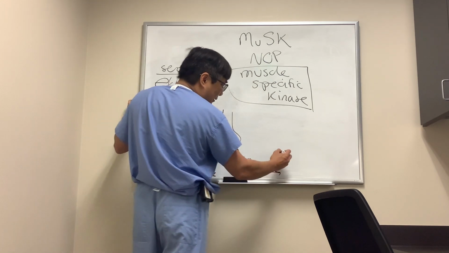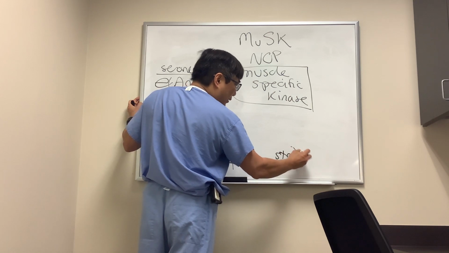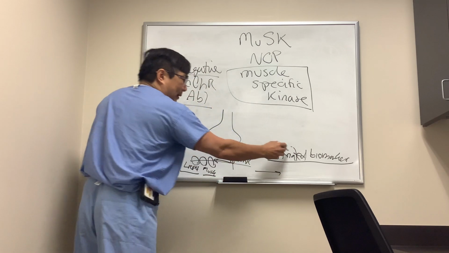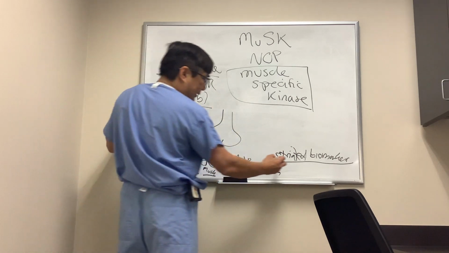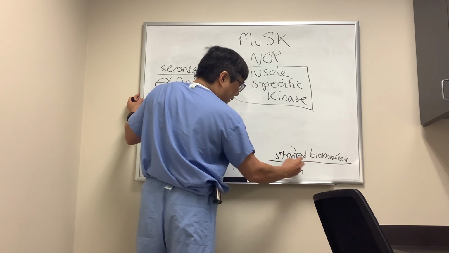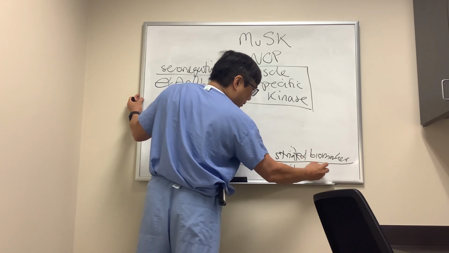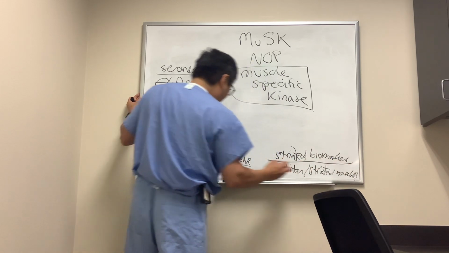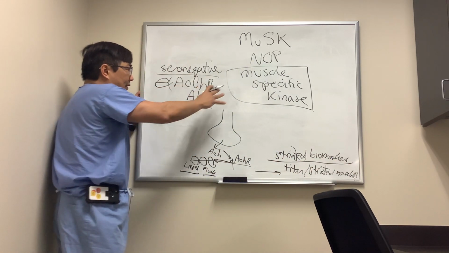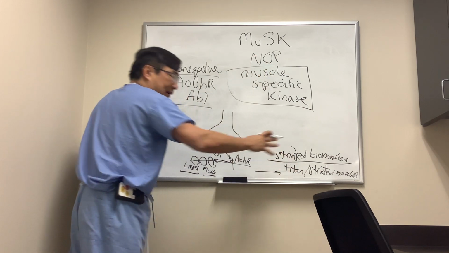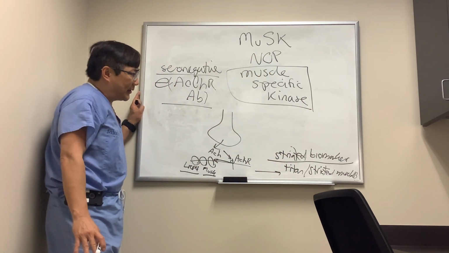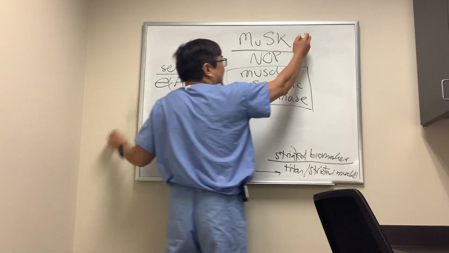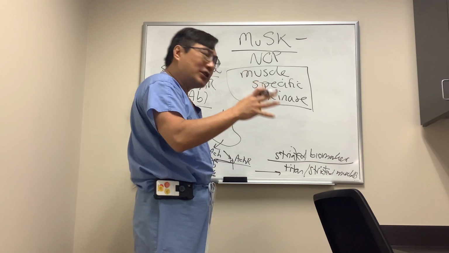There are also striated muscle biomarkers that can be positive, even though they may not actually be pathogenic, they just might be epiphenomenon of the disease. And those are the titin antibodies and the striated muscle antibodies. And so those would be what we call third line testing. So you got seronegative, MuSK would be double seronegative, and the LRP4 and the striated muscle antibodies would be triple seronegative.